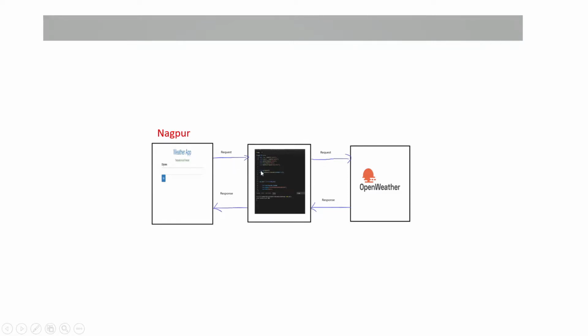server. Now at the server side we have written a script which creates this type of URL. So it generates a dynamic URL based on the city name, and this URL contains more information also, like API units. I just included the city name. So this type of URL is created, and we will make an API request to the Open Weather API through this URL. So we are again making a request.